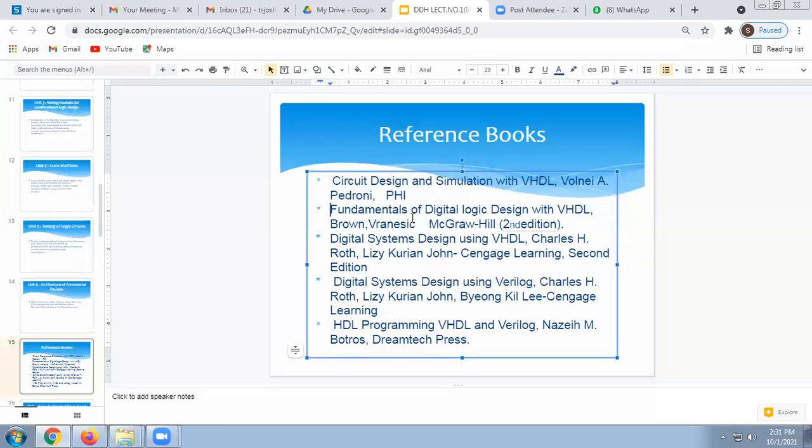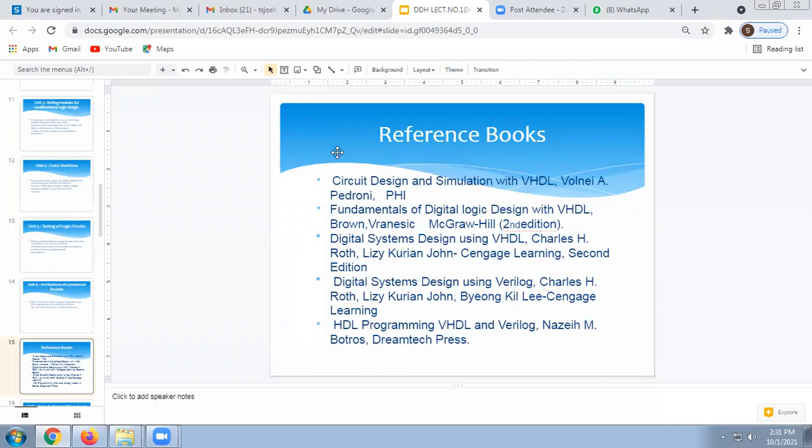Are you using library books? Yes, for third year right now. Which books are you using right now? In the last year, soft copy or hard copy? Soft copies, ma'am. All soft copies? Yeah. Okay, so I have soft copies of most of the books. I will share them with you. You can use that one.